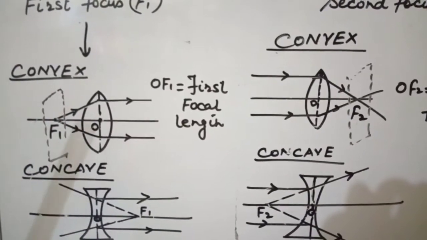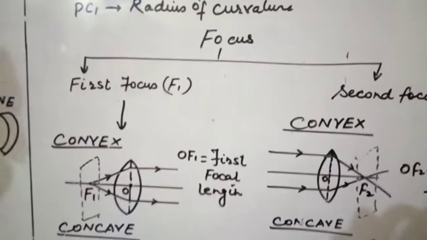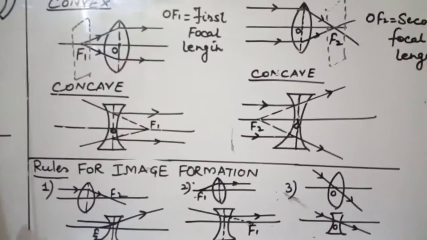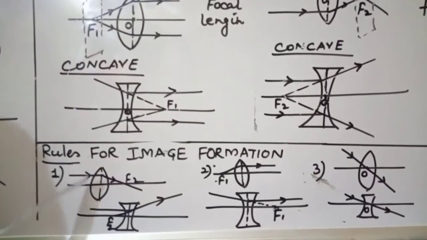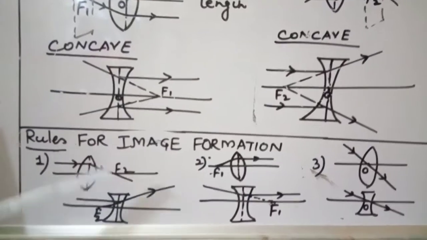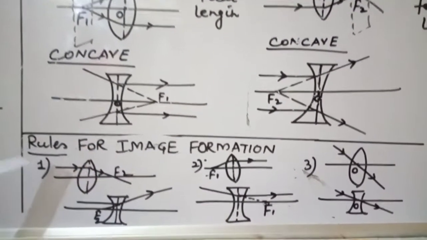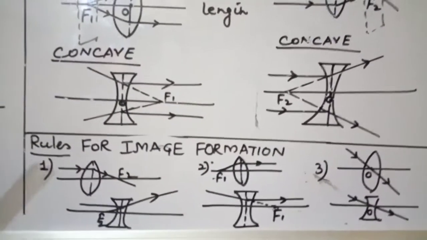So this is all about some important terms, but it is very important how refraction occurs through the lens, and we require that for image formation by the lens. You should know the rules for when we make the image. There are three rules which we will consider when we make the image in the lens. How the image is formed, in which cases, what are the different positions of the object, and what are the different positions of the image corresponding to that, I will explain in the second video. But here I am just telling you the basic rules.